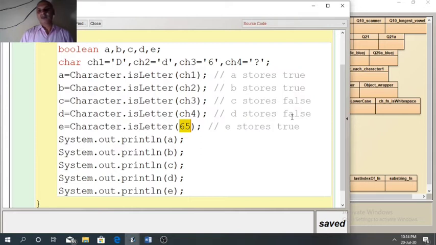So first, second and fifth will return true. So let us see the result.